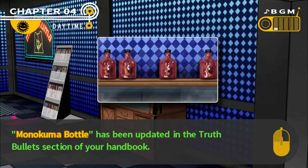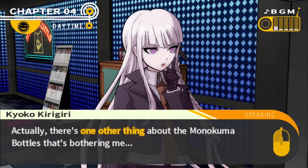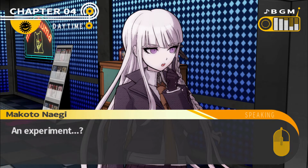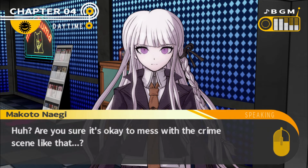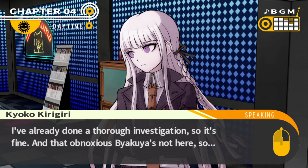Monokuma model updated in the truth bullet section of the handbook. Actually, there's one other thing about the Monokuma bottles that's bothering me. I'd like to do an experiment to confirm it. You don't mind helping me, right? An experiment? Can you gather up all the pieces of the broken Monokuma bottle? Try to get the smaller pieces too. Huh? Are you sure it's okay to mess with a crime scene like that? That doesn't matter. I've already done a thorough investigation, so it's fine. And that obnoxious Byakuya is not here, so...